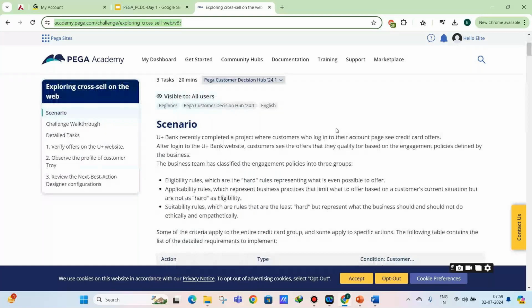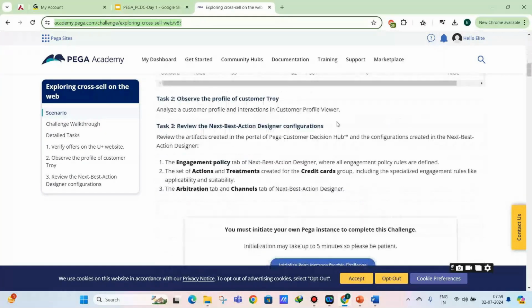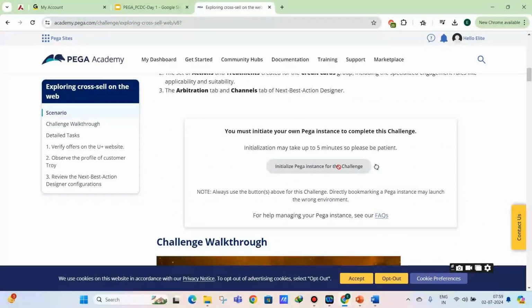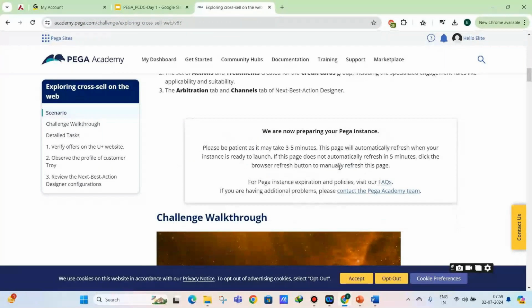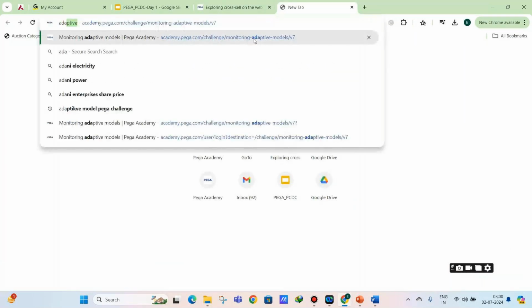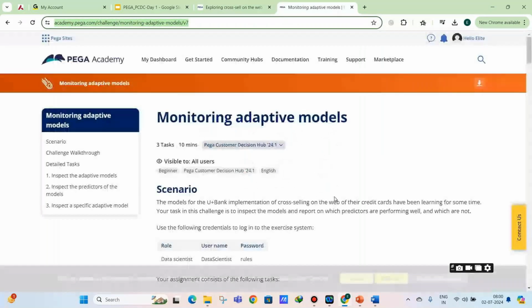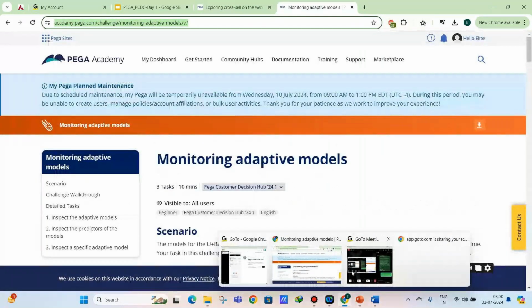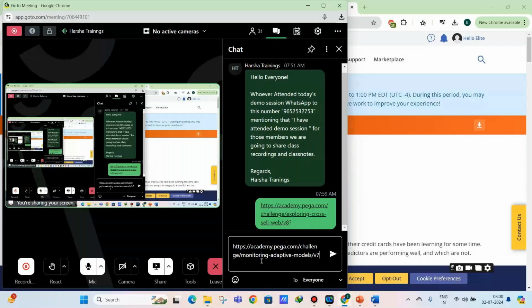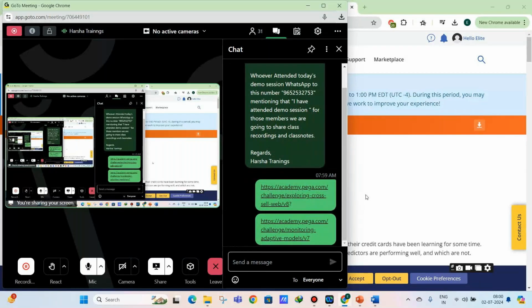If you open this particular link and scroll down, click on initiate instance. If this doesn't work, there are other links also. I'm sharing all of them in the chat. Save this link somewhere, in a notepad or wherever you can store them.